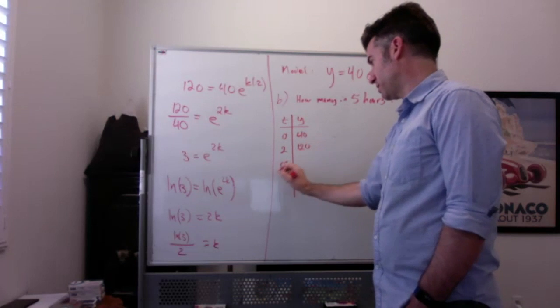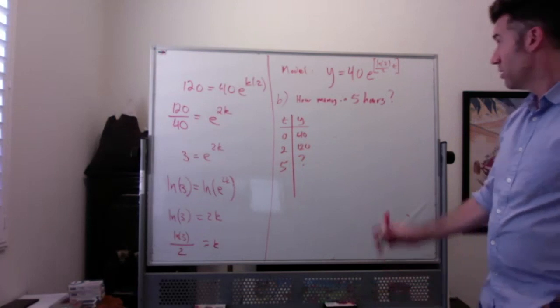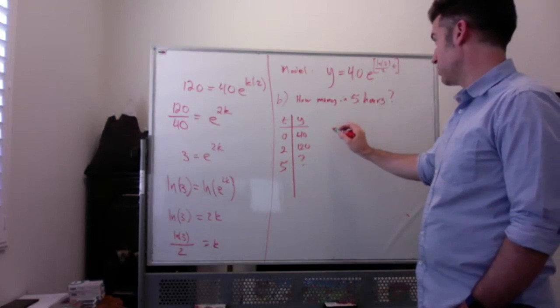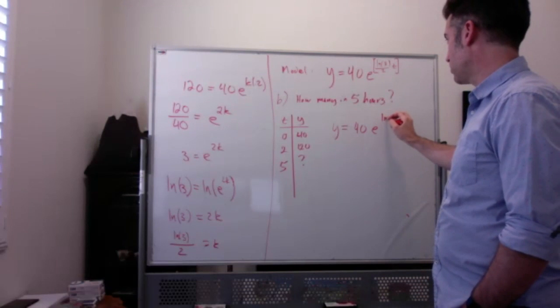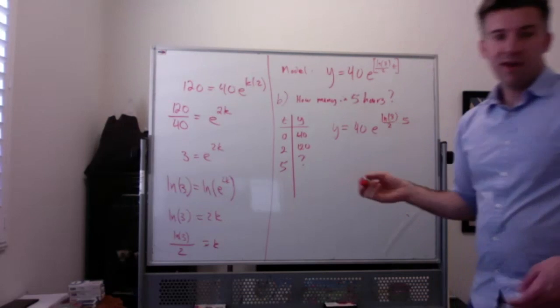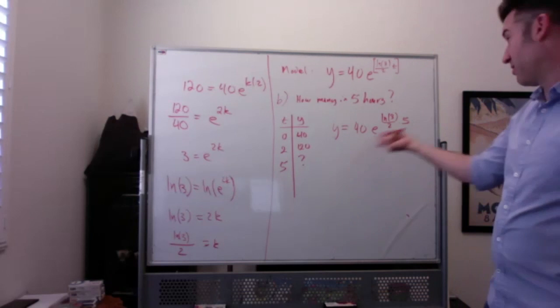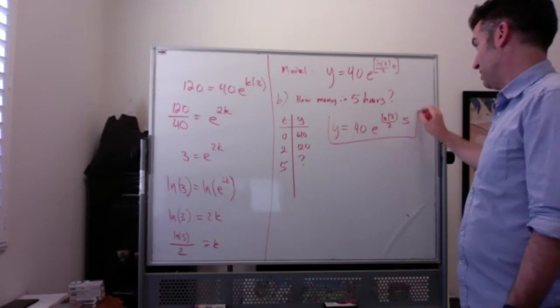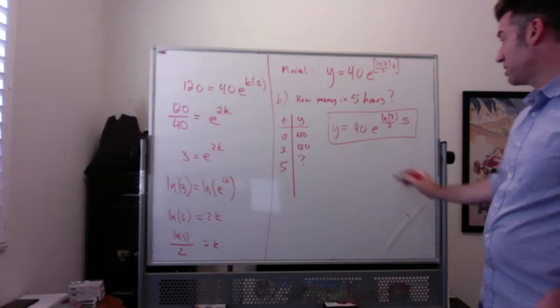So now I'm asking, how many are there when time is equal to 5 hours? So I'm going to plug in 5 for t. So I get y equal to 40 e to the natural log of 3 over 2 times 5. And really, there's not much more we can do without a calculator. So I would leave it like this, unless I had a calculator. If I had a calculator, I would use it, and I would get approximately